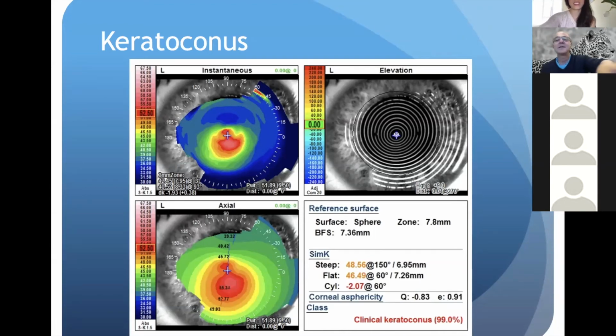Look at the instantaneous map to find where the cone is steepest. Look at the axial to look at where the cornea is most normal. That's, I guess, one way of looking at it. And I think it explains